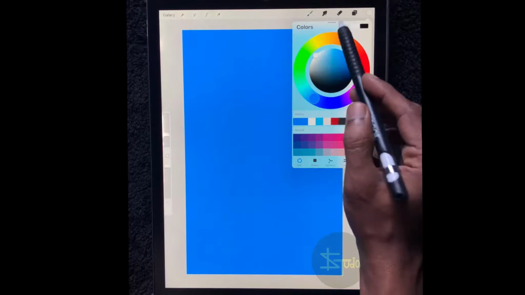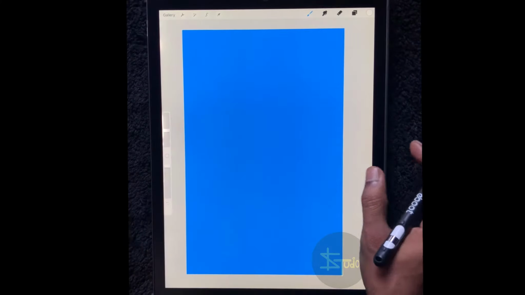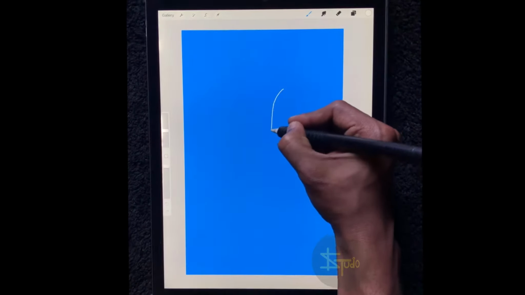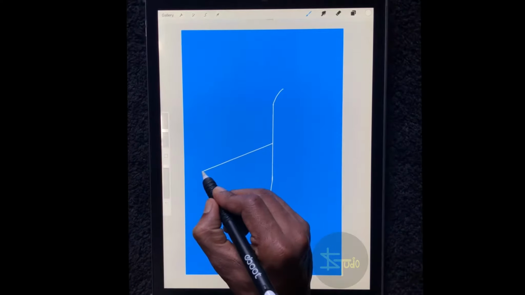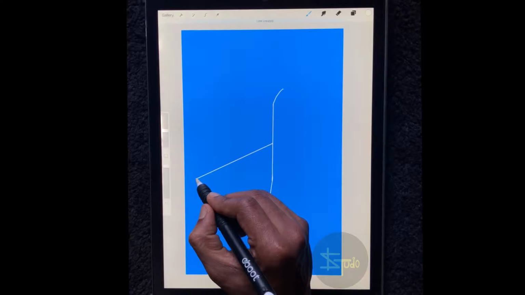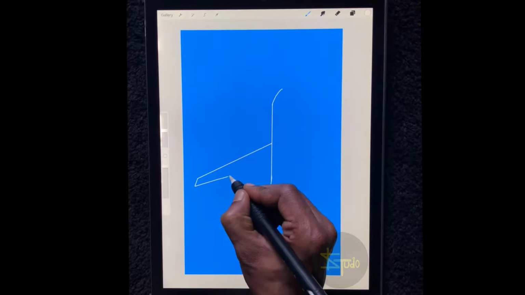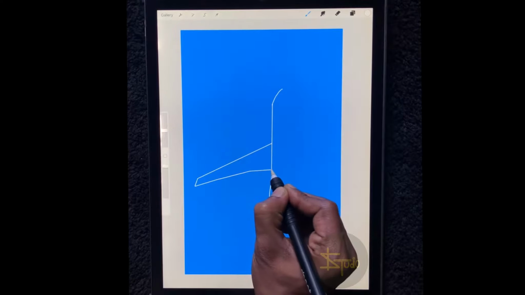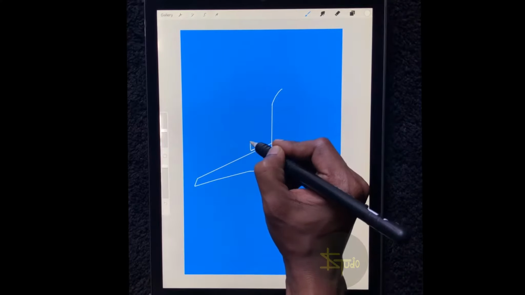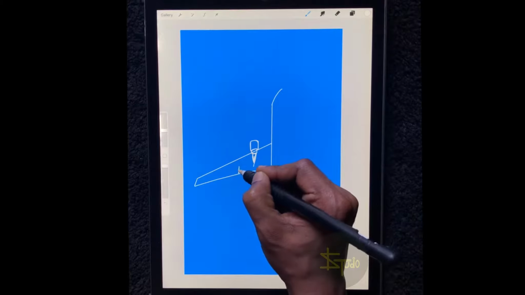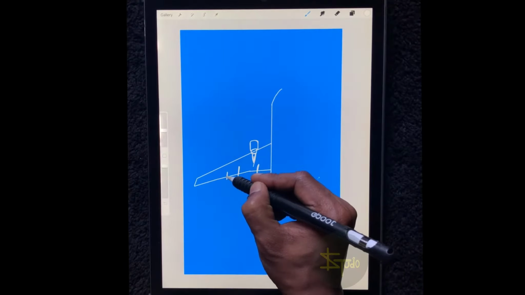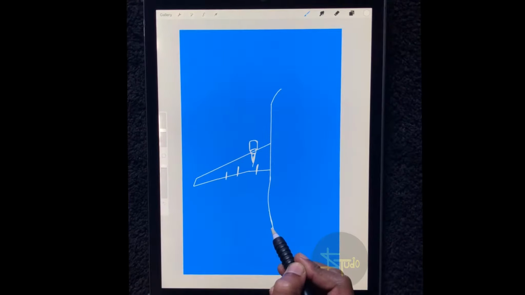Today's tutorial is all about digital painting. For this I am using the Procreate app, and the subject I am going to do is a plane with the moon. The view looks like a frog's-eye view, from the ground looking up. So for this, draw the subject, and look at my drawing.